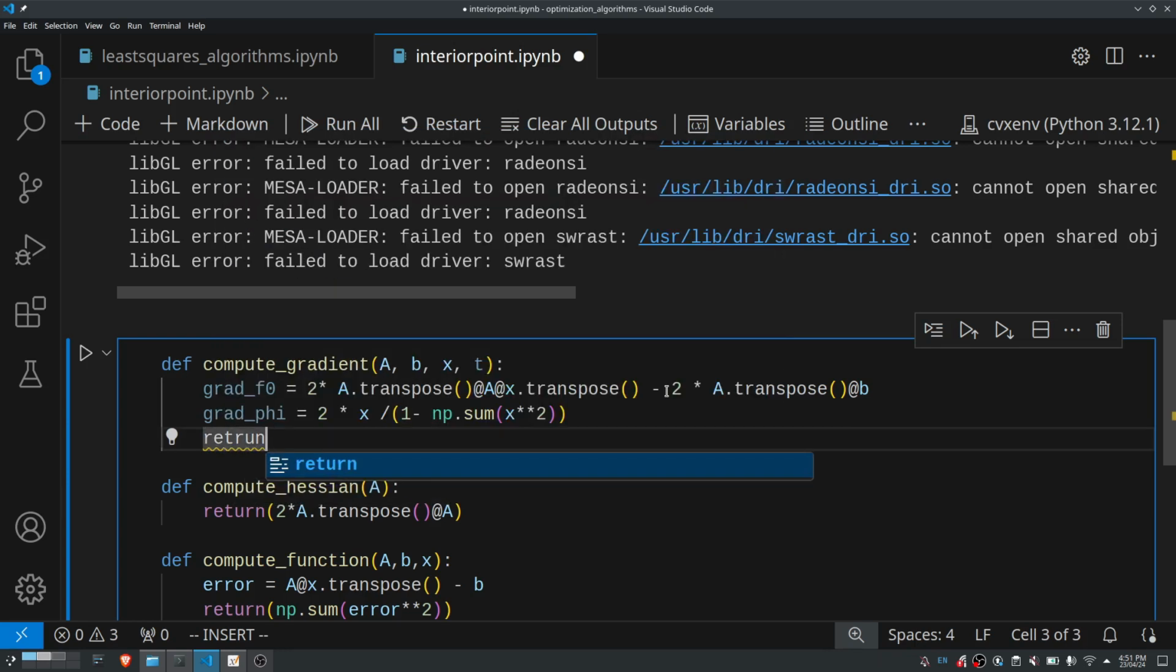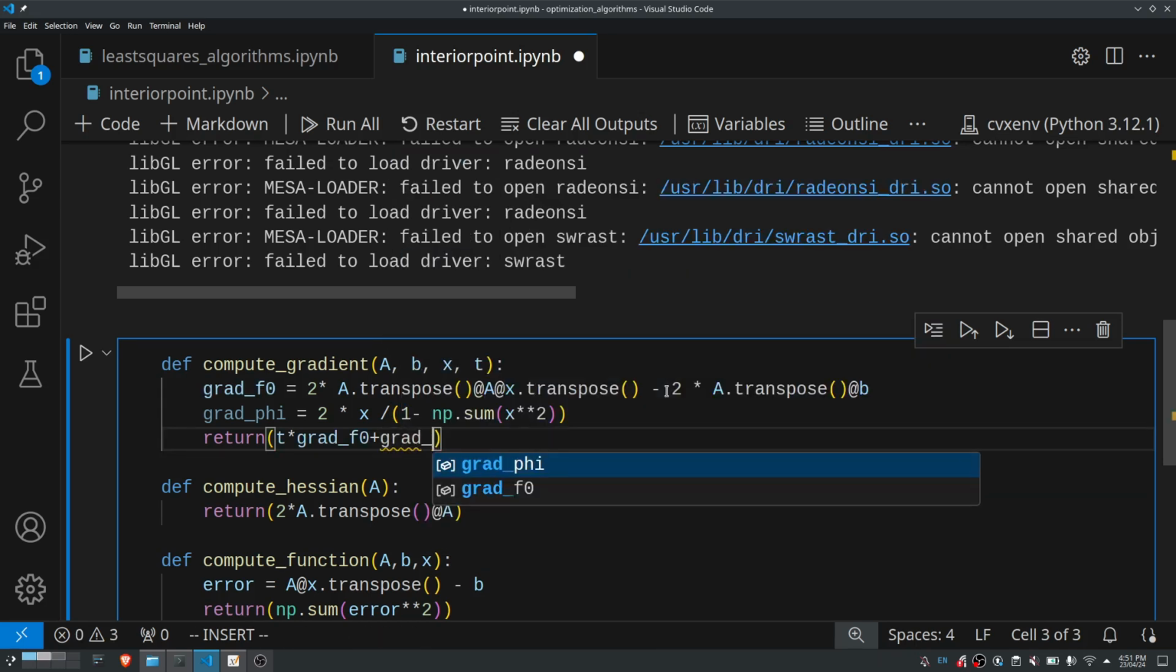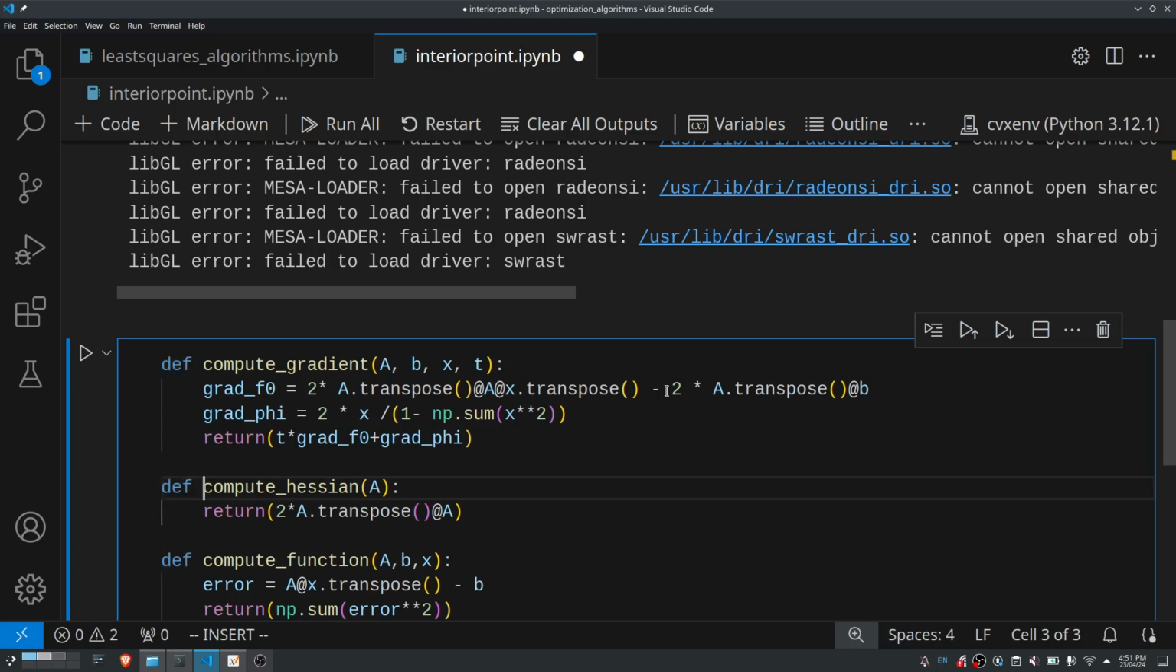We want to return t times h0 plus gradient of phi. Fine. So this is the computation of the gradient. What about the Hessian? Now the Hessian would again involve a